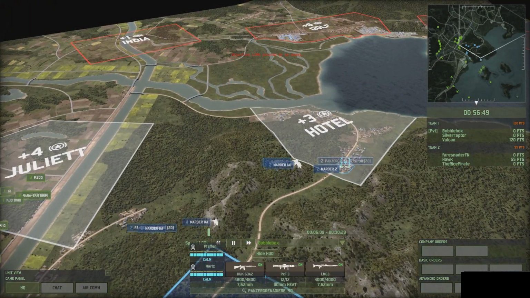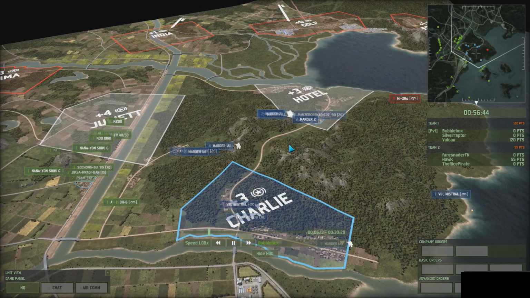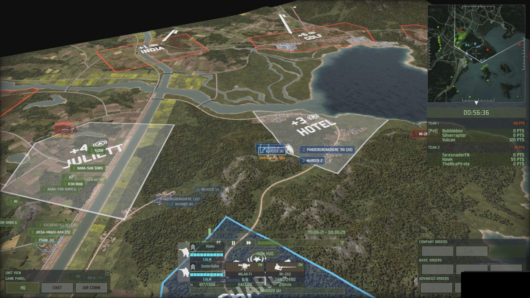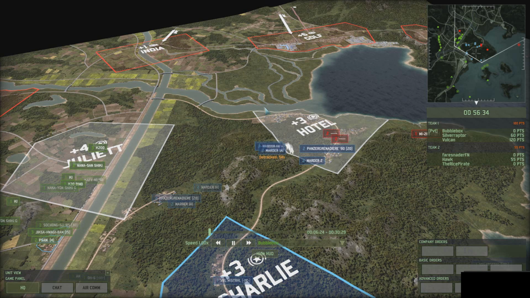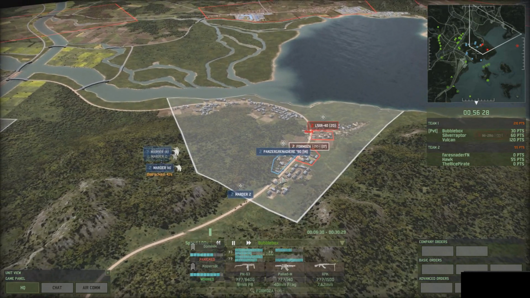So I've managed to unload some Panzer Grenadiers to Hotel, so the push is going very, very well so far, and I've offloaded a few of my Marders with Panzer Grenadiers to the left hand side of Hotel here, just to go through the trees, and the rest of them are heading over to this area to try and cut off any supplies. Now the Panzer Grenadiers immediately come up against some Formosas